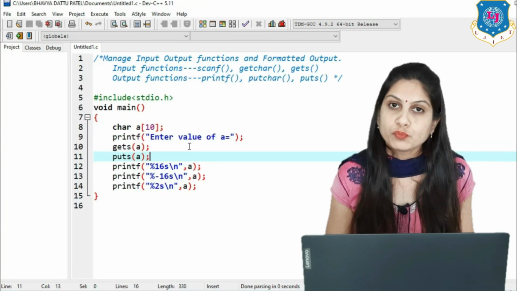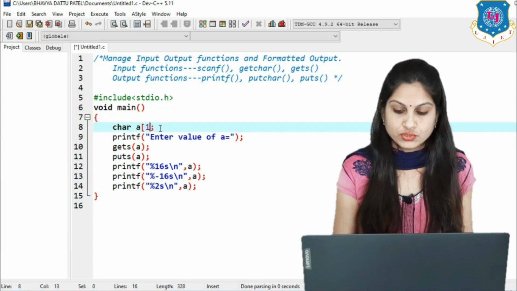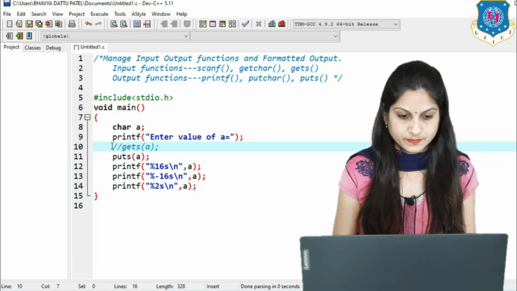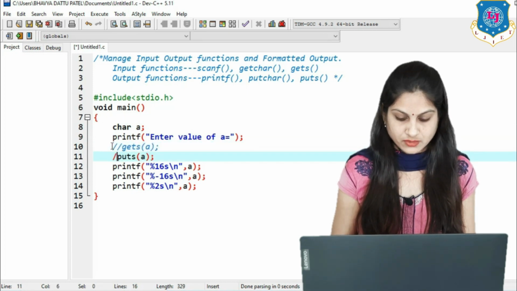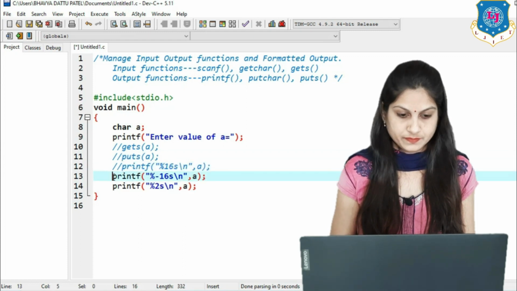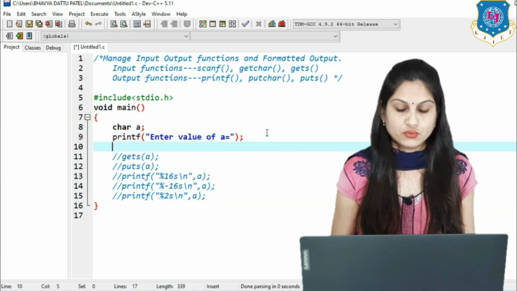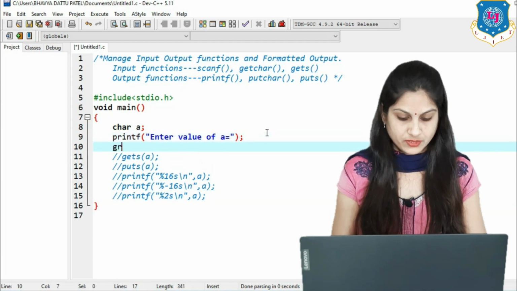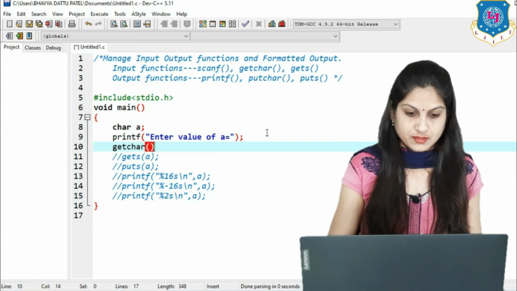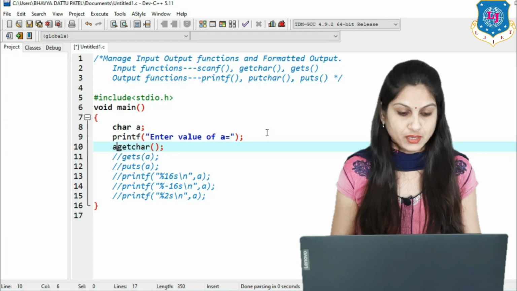And the next function is putchar. It is only for a single character. So first we have to use only the character. Remove these two; we are putting a comment on them. Just we are using the getchar and putchar functions. getchar is for reading a character, and this character will be stored in the variable a.